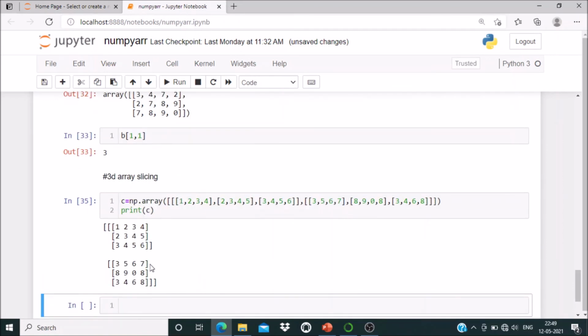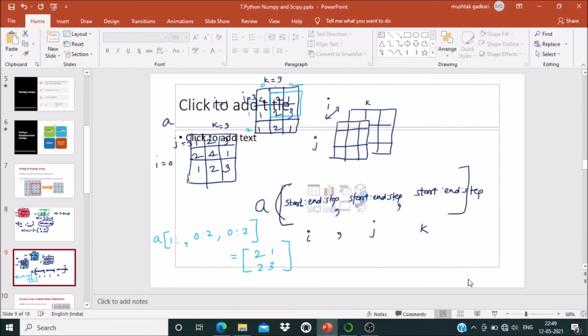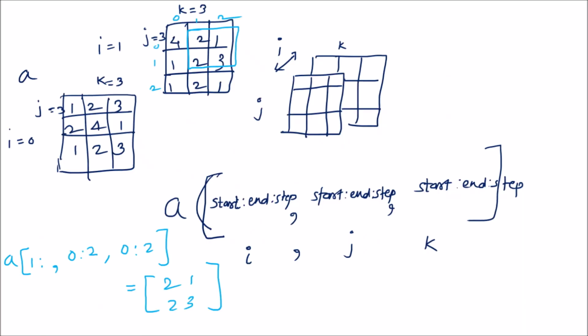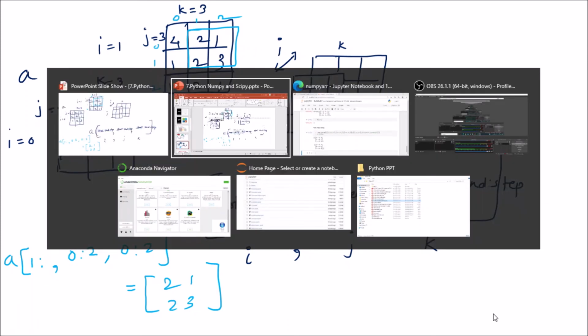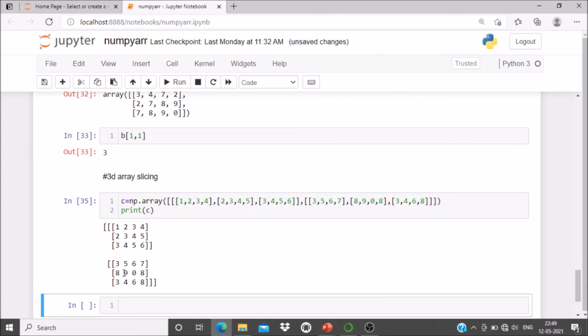Now this is a three-dimensional array, it has i and j as per the discussion we have had. There are two frames, and I want to access elements from the second one, means 9 0 8 4 6 8. So how will I write it?